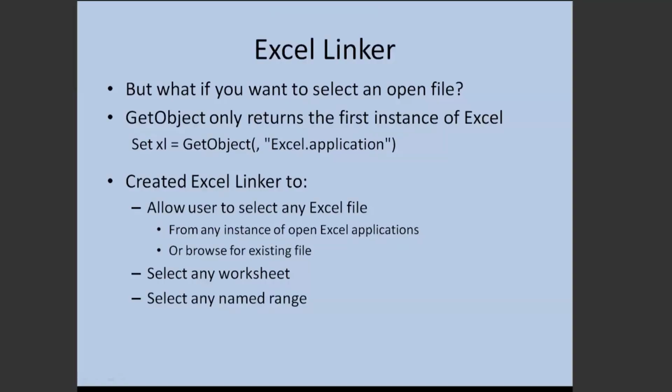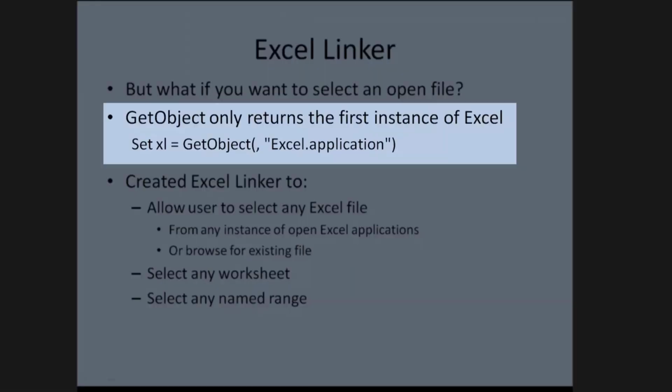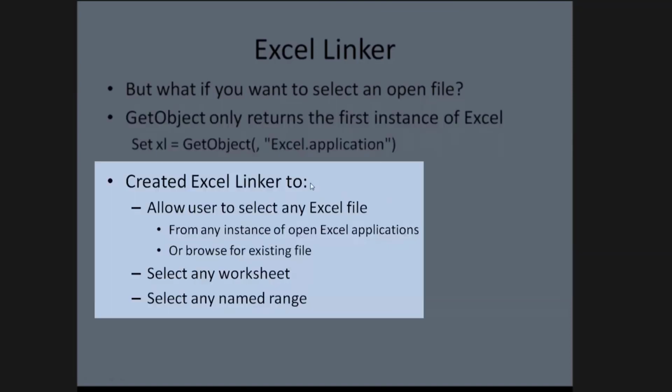but I may have multiple workbooks open, or instances of Excel open, and the GetObject feature of Access will only reach out and touch the first instance of Excel that was opened during a given session. So if you've got multiple instances of Excel running, it won't do that for you. So I created an Excel linker tool. It's just a form with a bunch of code behind it, and